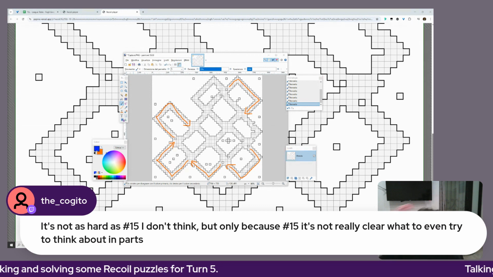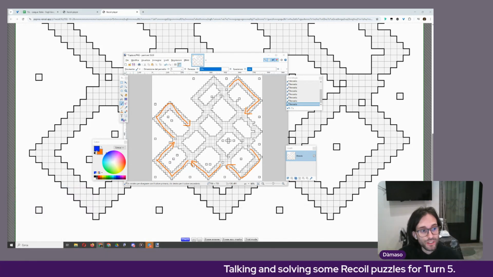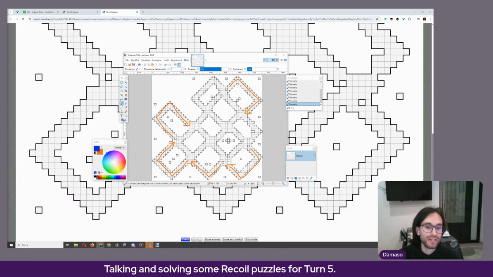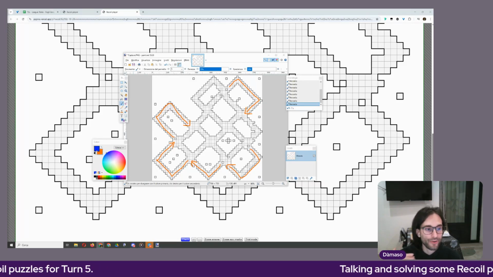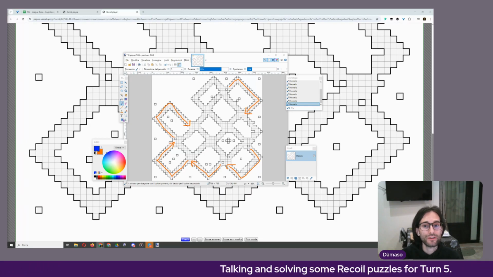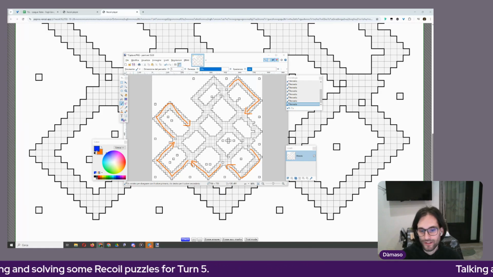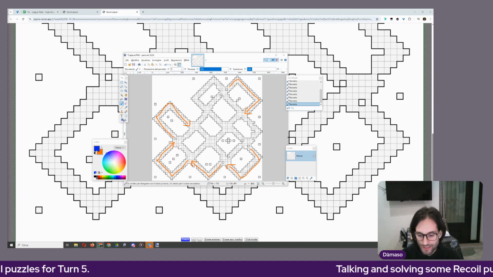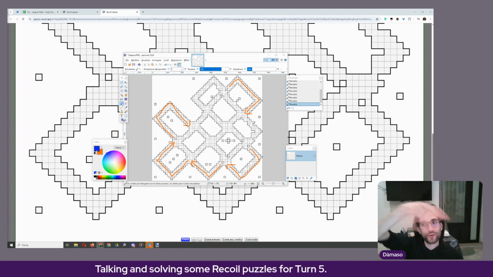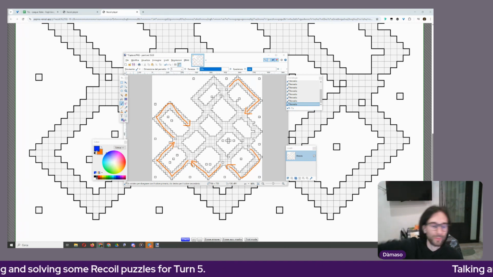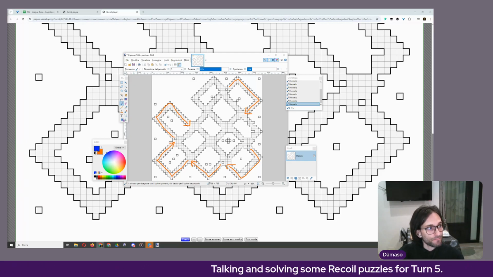And still, I agree with you. It's not as hard as 15. And I agree. Even if this one is a lot more theoretical. Like, number 15 was pure recoil logic. Here, you are doing recoil here, but it's not like you are making every step, okay? It's more like global intuition and understanding of what's going on in each branch. Or, I mean, in the whole puzzle. That's even better, but yeah, you see. Anyway, now my question is,